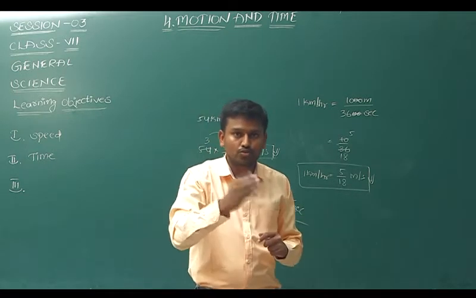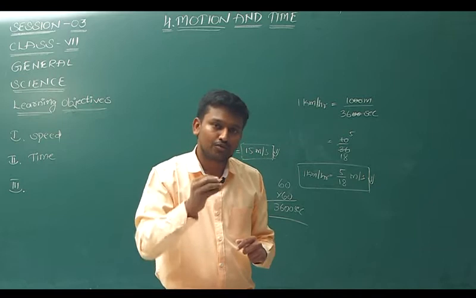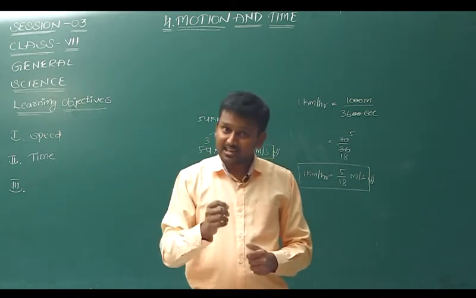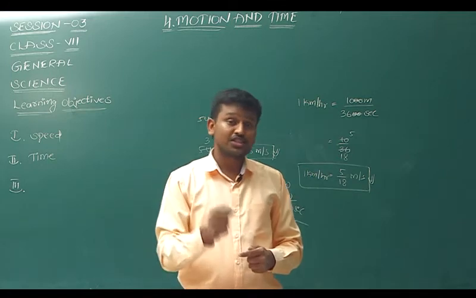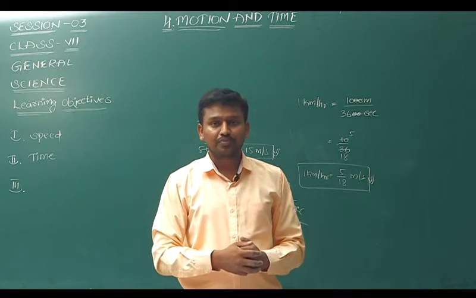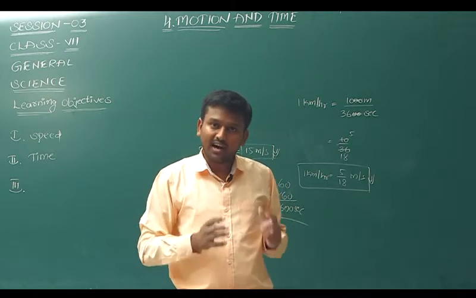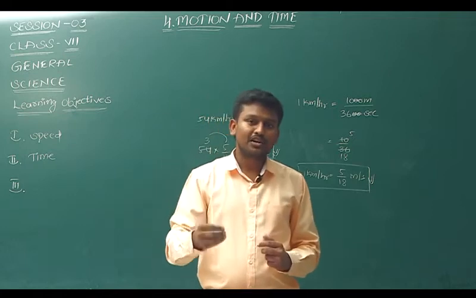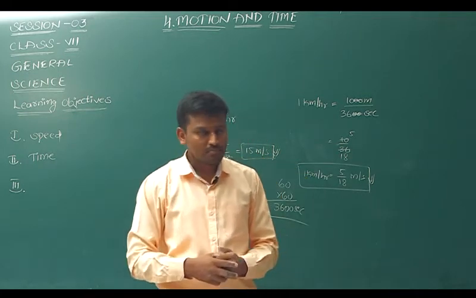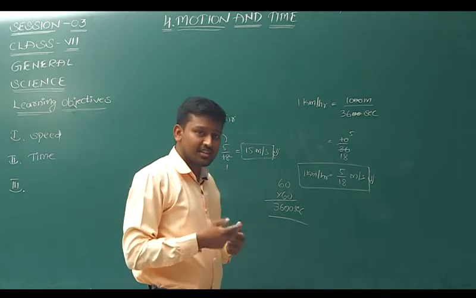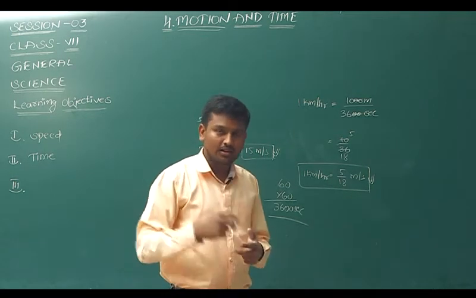There, for example, 2, 3, 4, 5, 6, up to 4 digits or 5 digits. And that odometer is a device that is used to measure the distance travelled by the vehicle completely. Okay? Till now, what distance that vehicle has travelled is measured by the odometer. We have seen what is distance. So, to measure the distance, we use odometer in the vehicles.